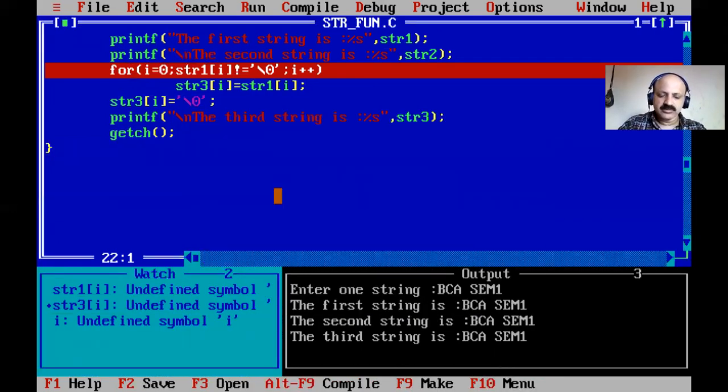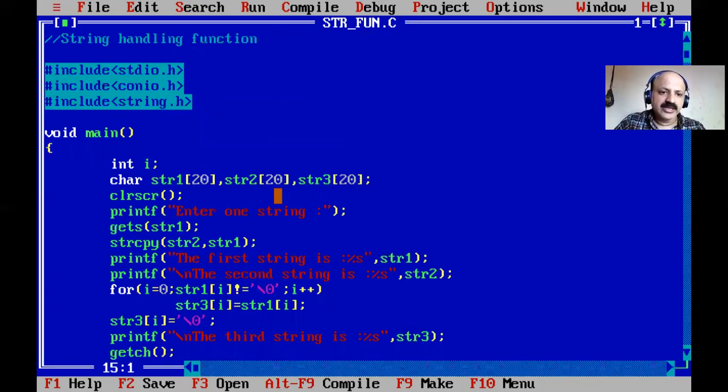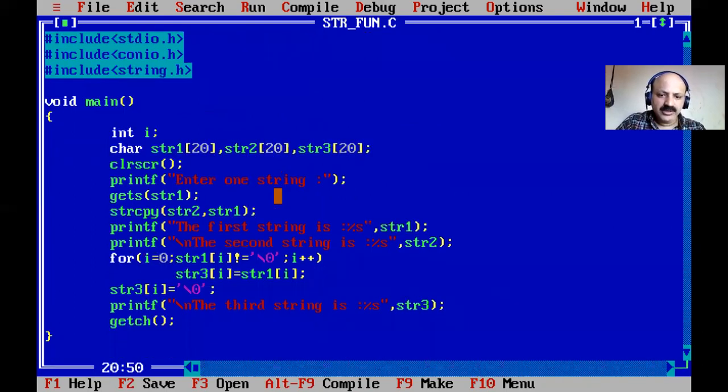That is possible. So now I remove this red line. Yes, Control F8 again press and remove. So here we can use the string copy, and now I use the second string function, and that is length. We can take a length integer variable, and we can print the length ourselves.